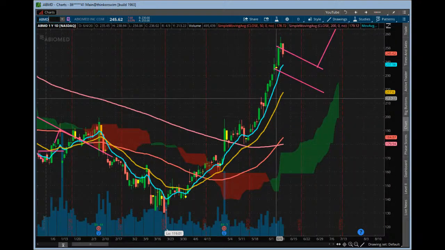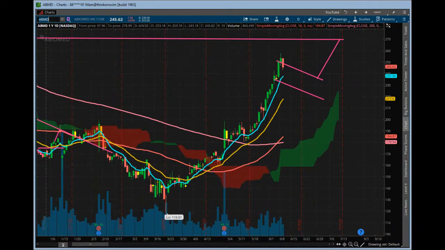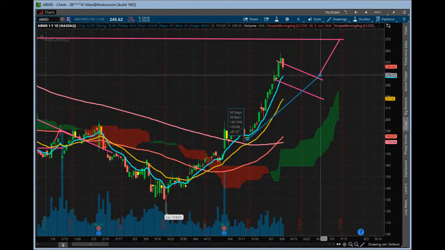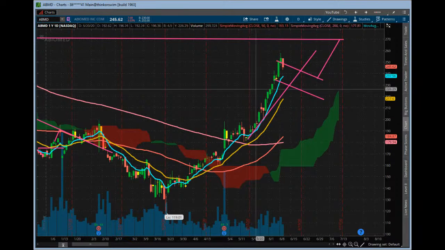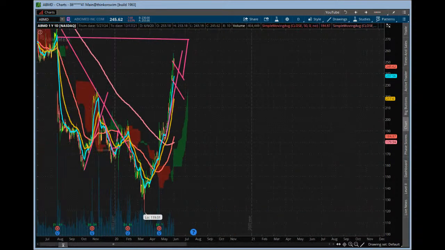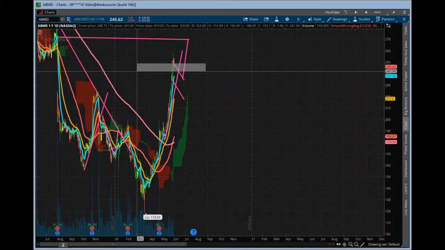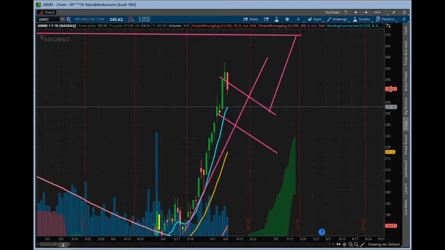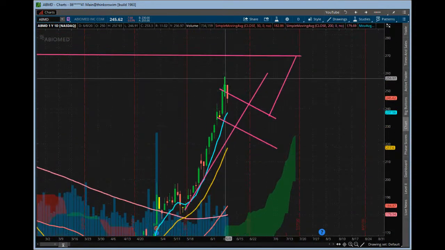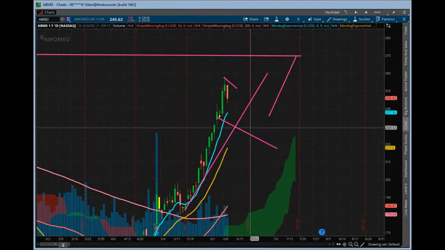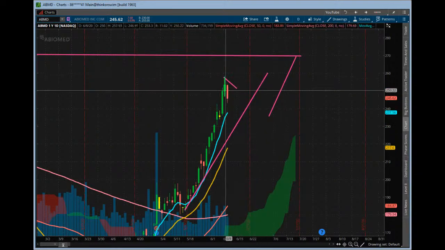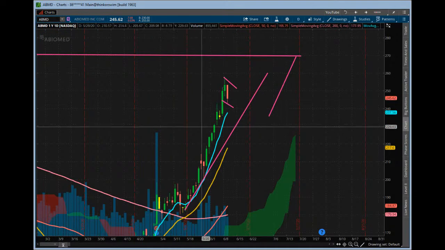ABMD. Hanging in there, yeah. Never gave us that bull flag on that one, so it's still really working its way up pretty nicely. So holding trend pretty well. Let's see if we can continue to do that. Looks like we have a kind of a key level up here. So it's looking pretty good. So far so good. We were estimating a flag on it at some point, so that never really happened, but it might be doing it here. So just kind of keep an eye on it. But it is holding trend pretty nicely.